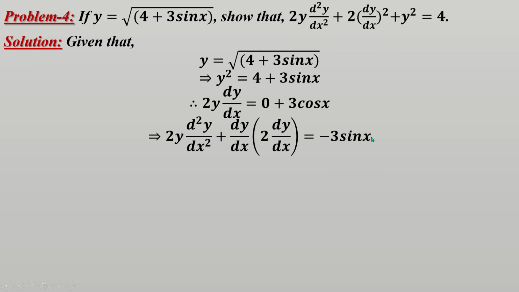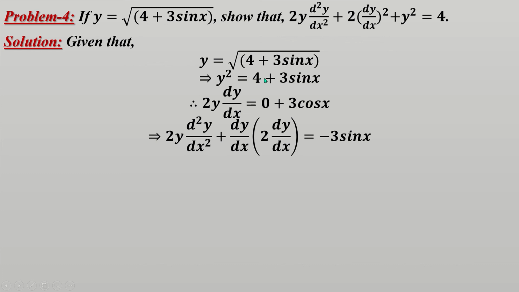And we know a property: the derivative of a constant times a function equals the constant times the derivative of the function. So we can take 3 out of the derivative, and the derivative of cos x equals minus sin x. But here it is minus 3 sin x. Following this line, we can take 3 sin x to the left side, that will be minus 3 sin x, and